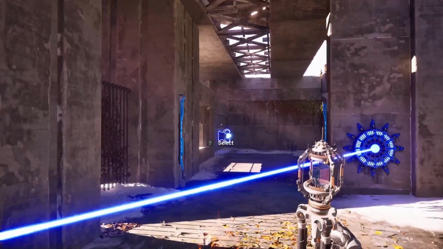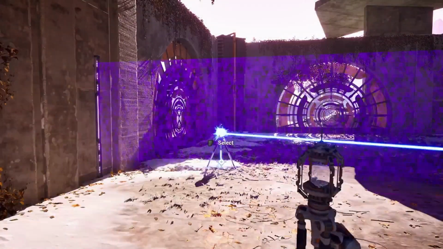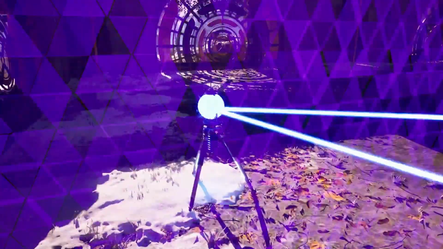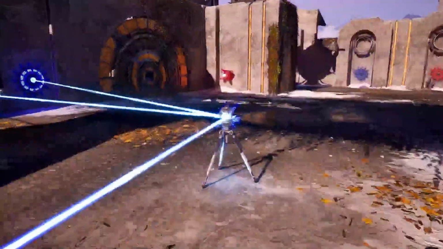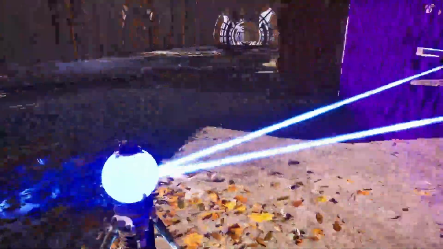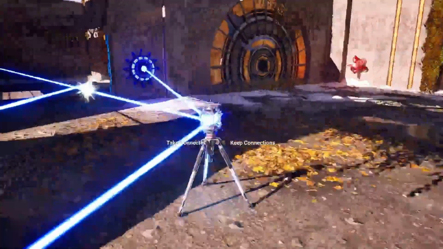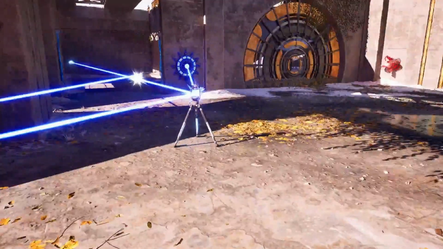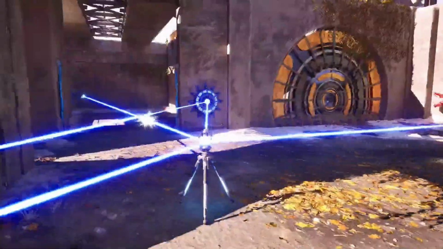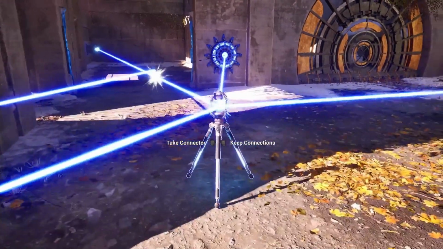Well, we would want the blue to be the connector, right? Like, that's kind of the thought process. We would want the connector to be blue. And we would want the accumulator to be red. Right? But we need that connected beforehand, because as soon as we take it off...